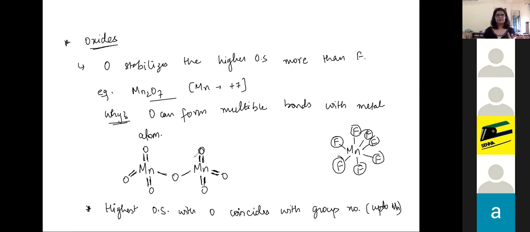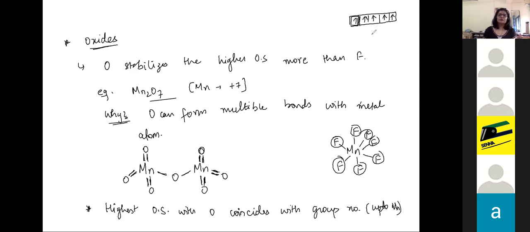Again, the reason is that you'll have paired up electrons in iron. If you have d6, iron's electronic configuration is going to be 2, 3, 4, 5, and 6, right? So with iron, now this d orbital is completely filled. It can't really form a bond. Again, it'll have to include s and p orbitals and form the hybridization and all of that, which is not favorable. So iron shows a maximum oxidation state of +3.